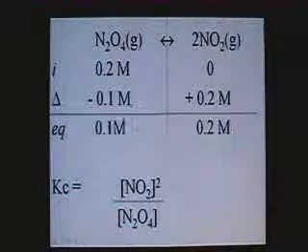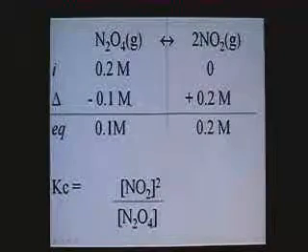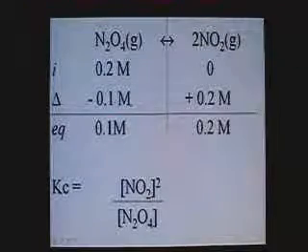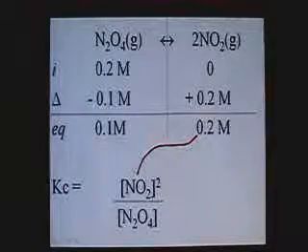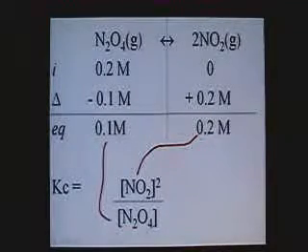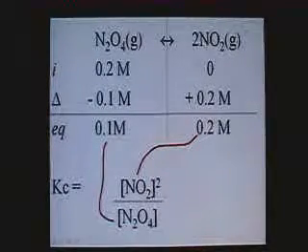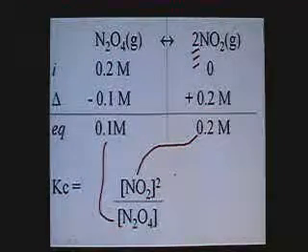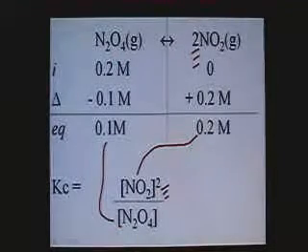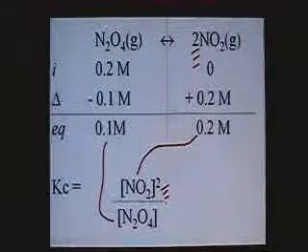So we go ahead and subtract it, the 0.2 minus the 0.1. We'll have our values at equilibrium. And now we can plug them into our mass action and calculate our equilibrium constant. Calculate Kc. We're going to plug in our 0.2 here. We're going to plug in our 0.1 here. Let's not forget that the coefficient helps us balance the equation. The 2 in this case did become an exponent. Students like to forget this simple fact when they first